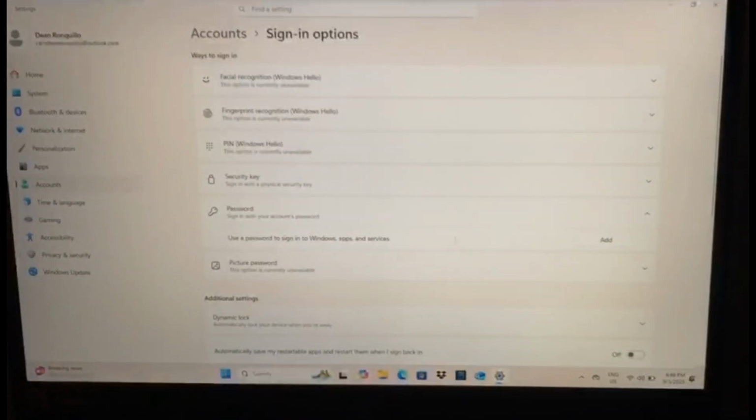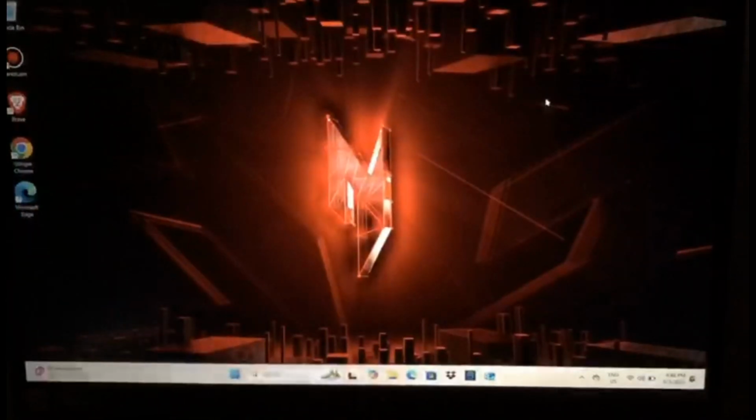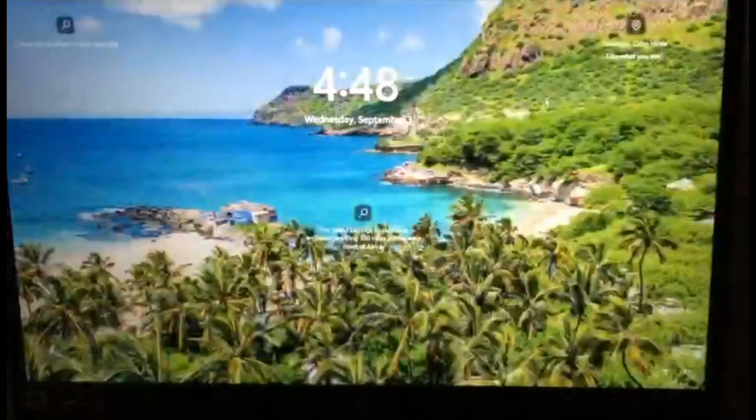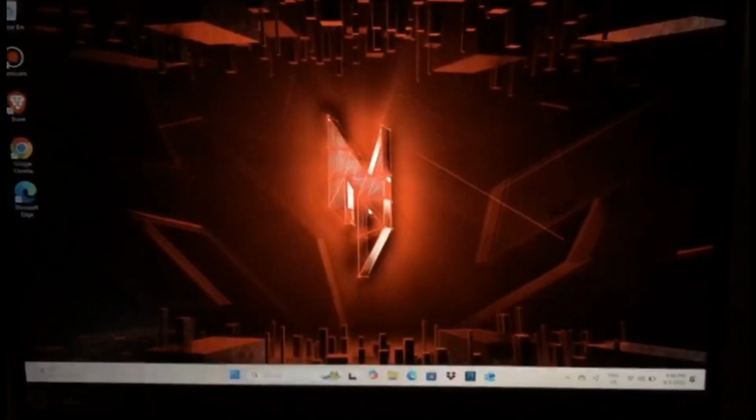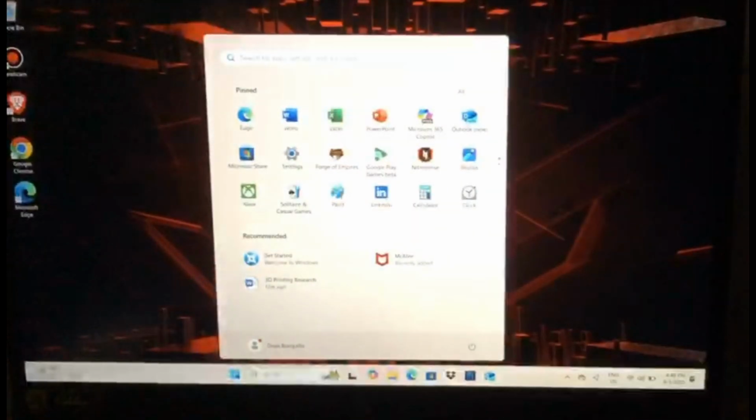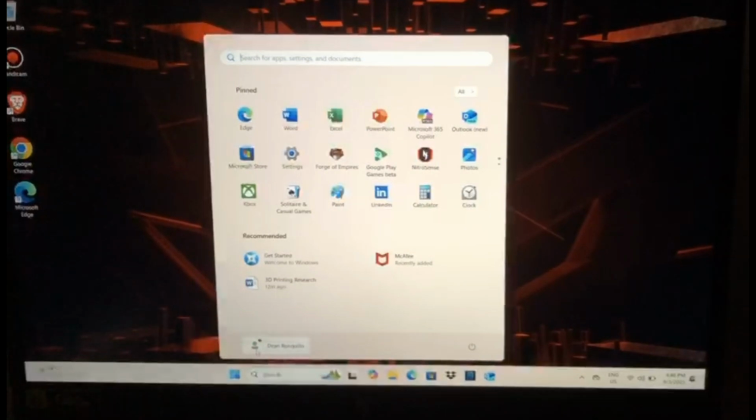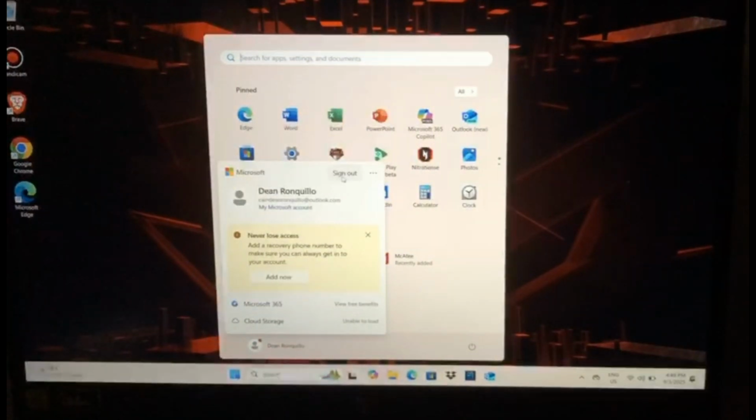So we're gonna try it, Windows L. So as you can see, it has no password now. Then we're gonna sign out first before we delete the account. So just click sign out.